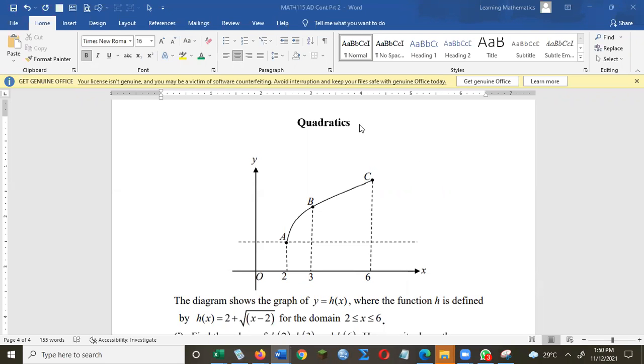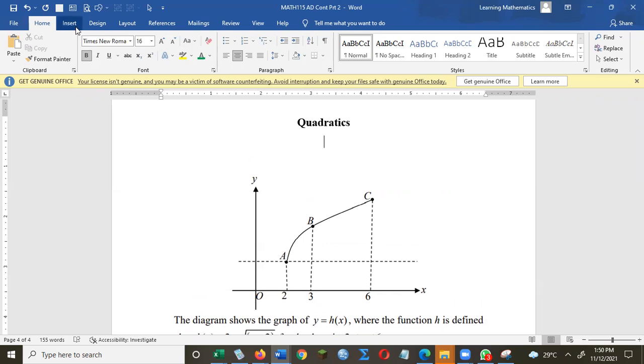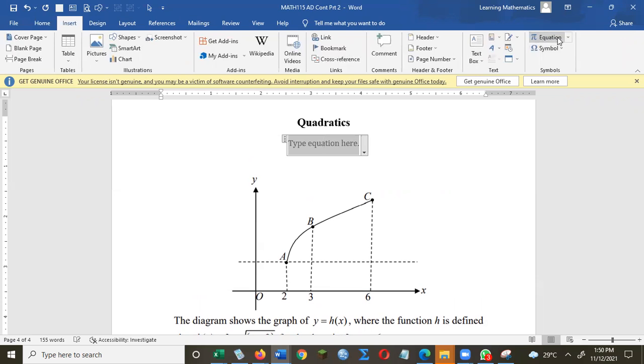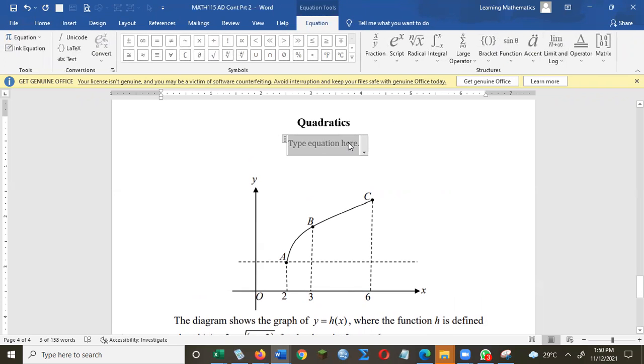Right. Now, quadratics is a topic in mathematics, in algebra, but it's also the name given to a particular equation, the quadratic equation. So we dealt with the linear equation, y is equal to mx plus c, but the quadratic equation, I'll give you the standard form for the quadratic. For the linear it is y is equal to mx plus c, or ax plus by is equal to c, something like that. There is no